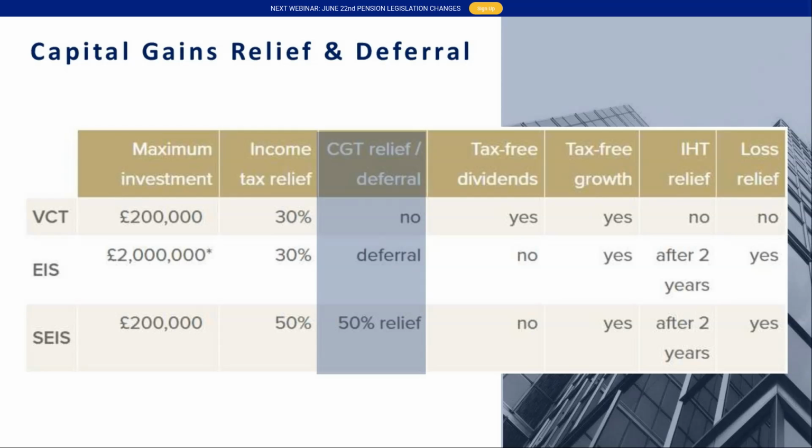So say, for instance, you've made that £50,000 gain in my example 3 years ago. You can then opt to take that gain and invest it into an enterprise investment scheme. You can then hold that EIS investment for, say, 5 years, for instance, which will defer that capital gain. Seed enterprise investment schemes, 50% relief. So in this example, you've taken the £50,000 gain and you've invested that £50,000 into a seed enterprise investment scheme. You'd get 50% relief on that capital gain.